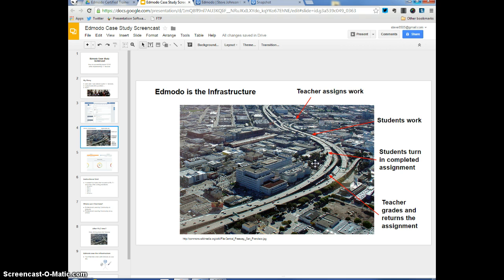Then I'd take a look at it, and if they did a good job and they were done, I'd give them a grade and a comment. If I needed them to continue working on it, then I gave it back to them. They got back on the freeway and they continued working on it until they turned it again to me via Edmodo. So just like a freeway goes through different cities and different states,